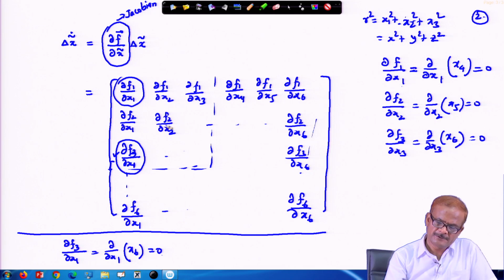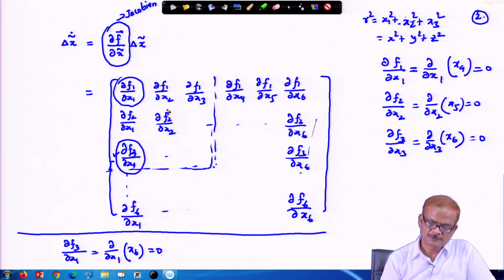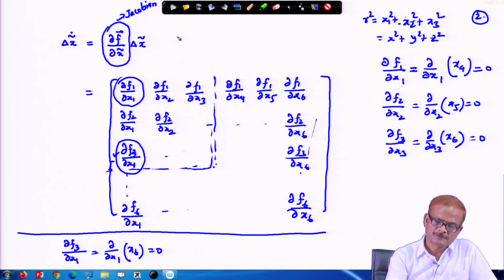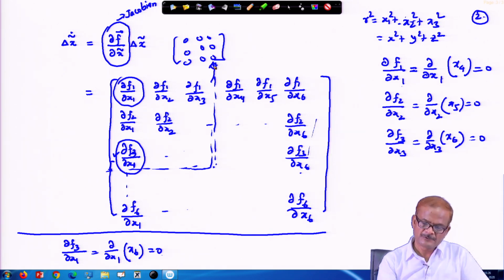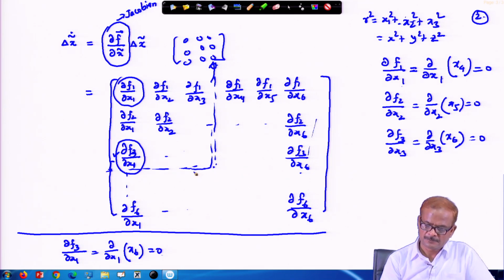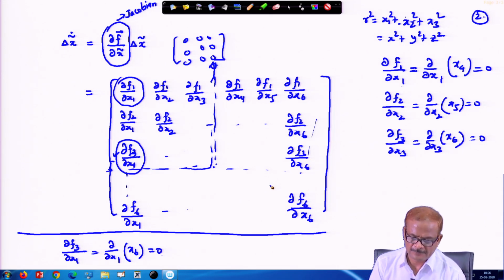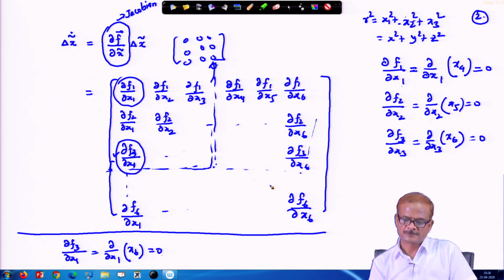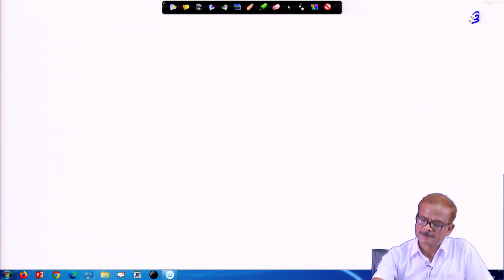So, this quantity here, what I am showing from here to here, all these 9 elements will be 0. Okay. So, all of them are 0. This forms this format, all the 9 elements here are 0. It remains to determine the others. So, a total of 9 we have determined, the rest 27 we have to further decide, what will be the values of those elements.